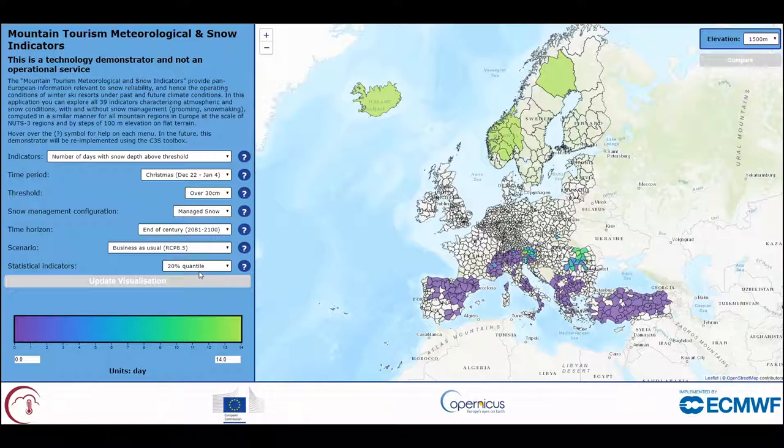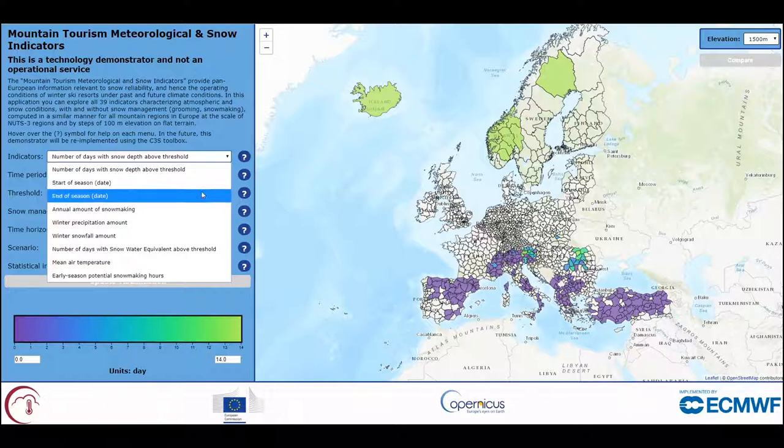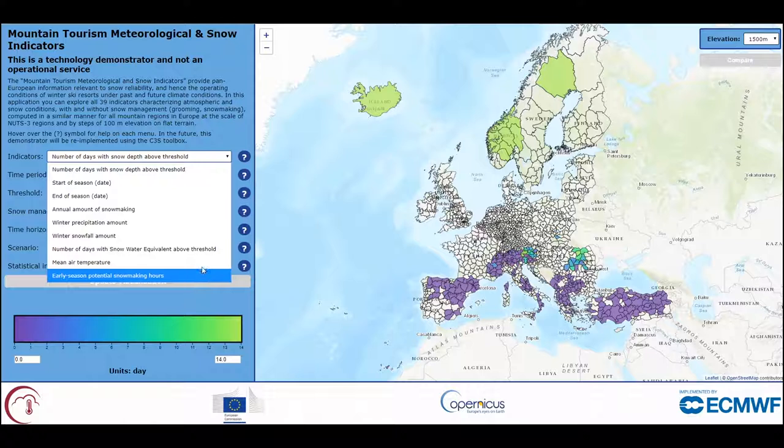Of course, you can navigate the tool. You can plot also temperature. You can plot precipitation. You can plot the amount of snowmaking that corresponds to the indicator that we find, the start and end date for the snow season. And this altogether provides an integrated vision at the regional scale of the impact of climate change on snow conditions in the mountains of Europe,